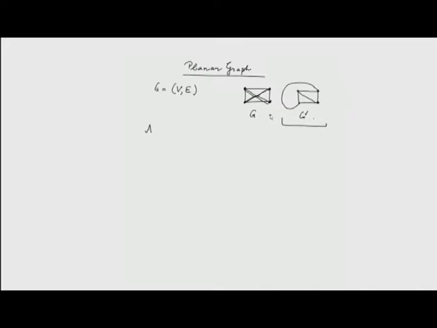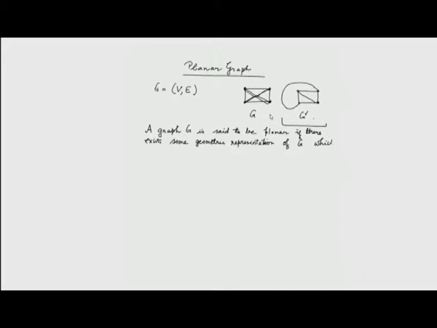We write a graph G is said to be planar if there exists some geometric representation of G